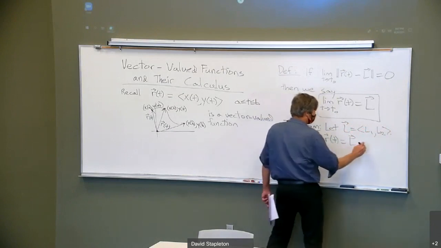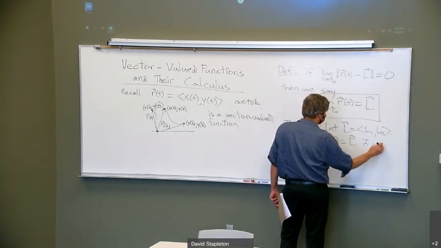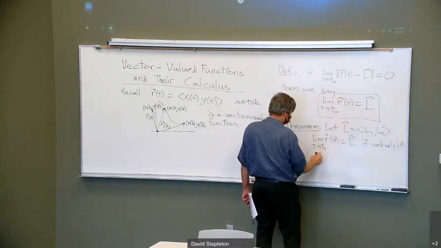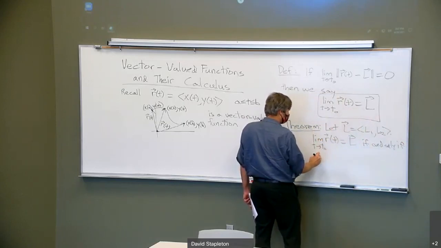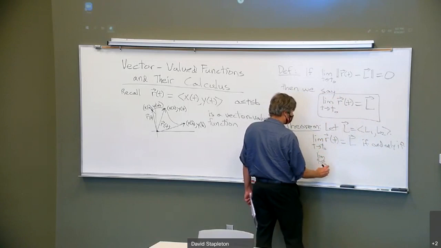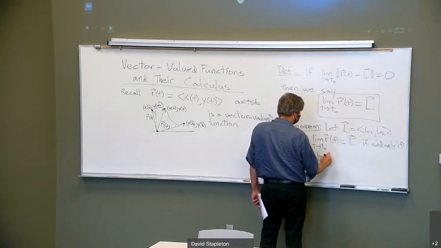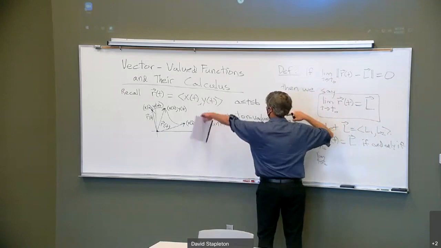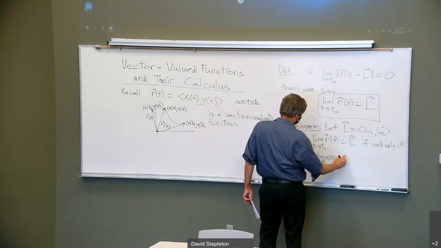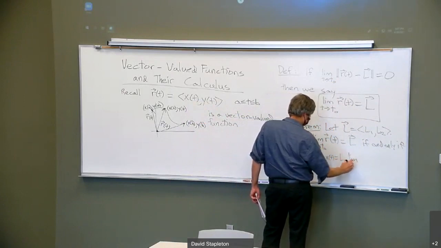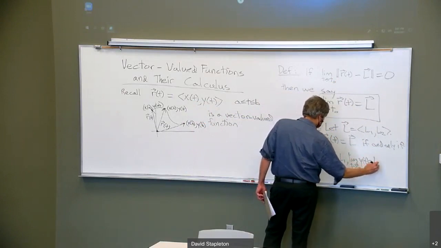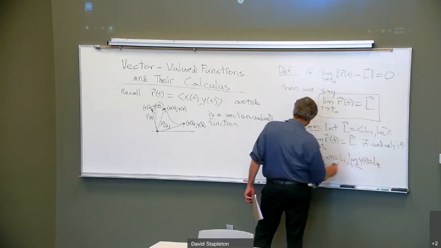This is equal to L if and only if, because of this definition, the limit as t goes to t0 of the first component of R, or we're doing this prescription here for it, is L1, and the limit as t goes to t0 of the second component is L2. Maybe I should write that again. Let's just do that and say where